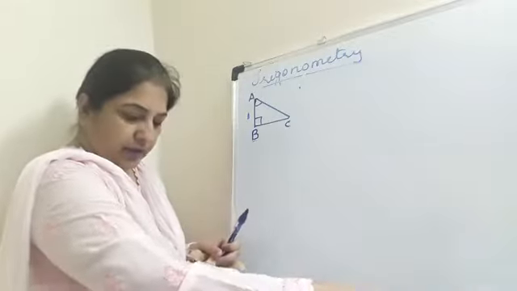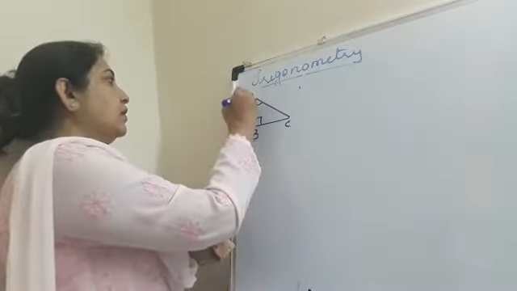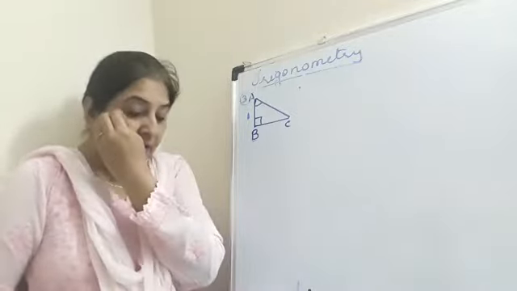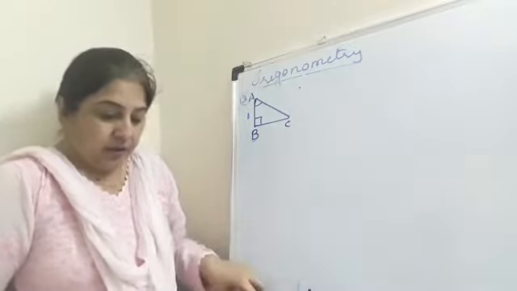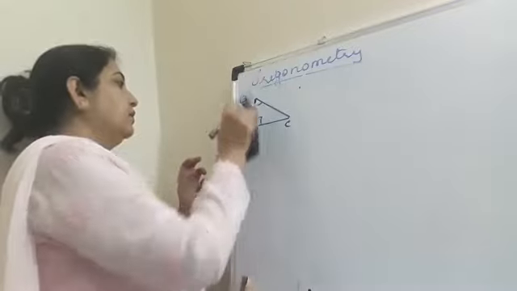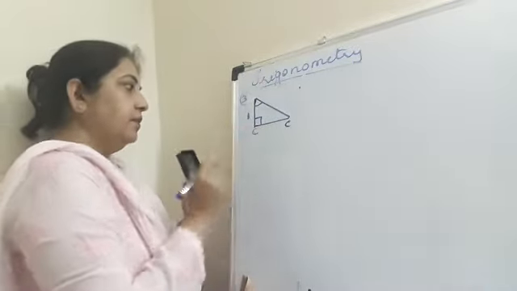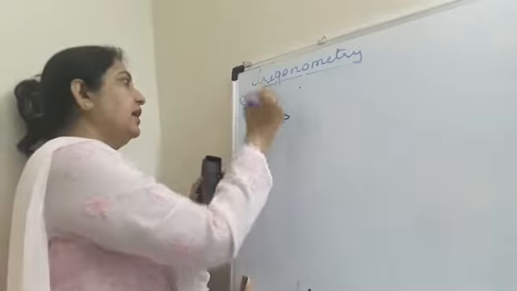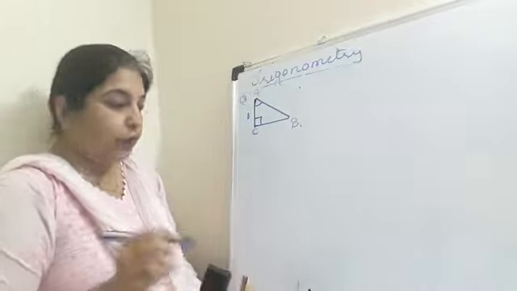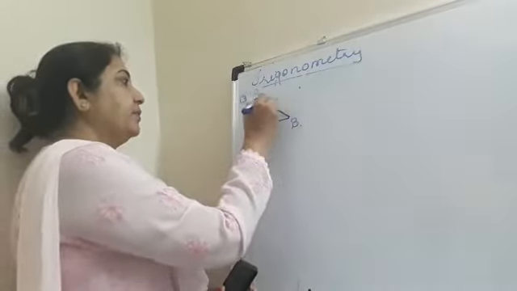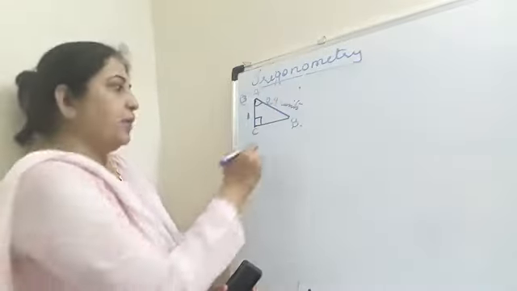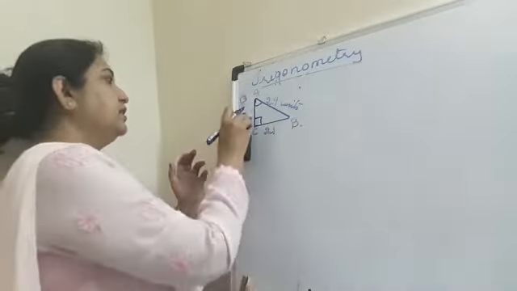Next question I would like to take as the third one. You will try the others. As many as I can complete in my video just now, I will try to finish. Others you complete. Consider a triangle ACB which is right angled at C. Now the triangle is the same. Right angle is at C, so this is C here. The other vertices will be A and B. It says here, AB is 29 units and BC is 21.